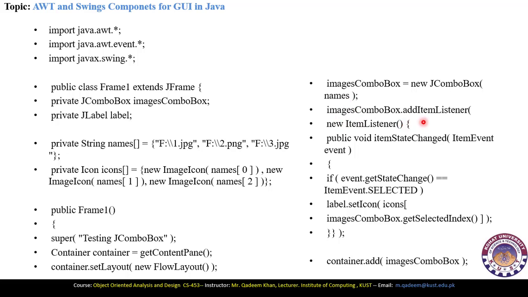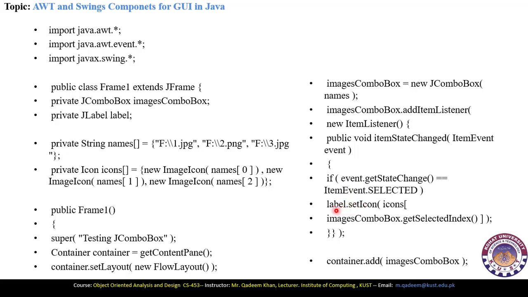imageComboBox.addItemListener, new ItemListener. Here we have defined the events. The event is the ItemListener event, that when the item state is changed, meaning that when a different option in the combo box is selected, then the public void itemStateChanged function will be activated, or it will be called. Now if event.getStateChange equals ItemEvent.SELECTED, if one of the items has been selected, then